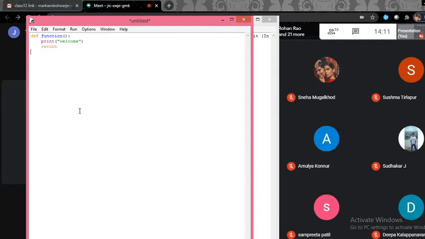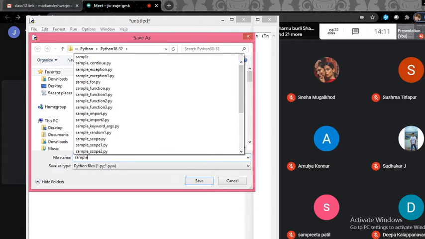An empty return statement is usually used to indicate the end of the function, to end the execution of the function and continue with the further part of the program. Now I'll call the function. If I execute this part, we'll get the output welcome.